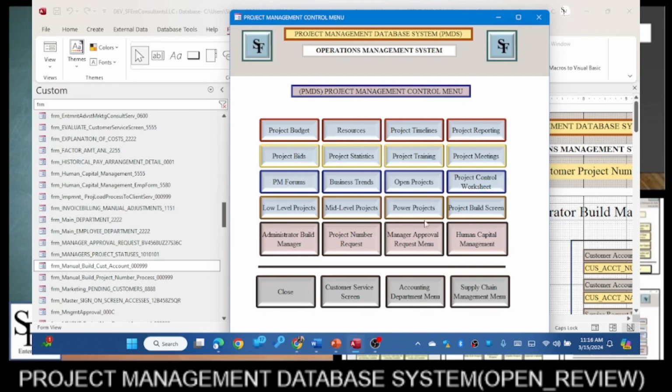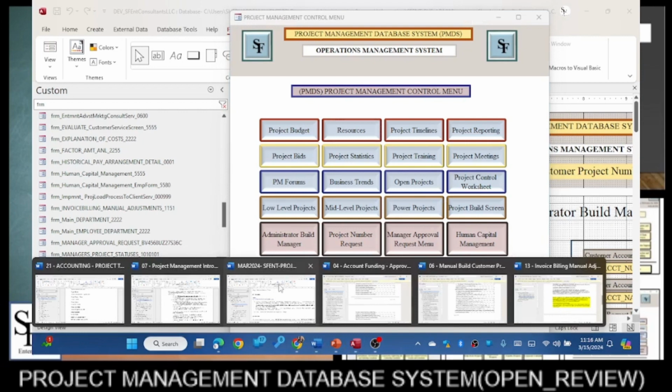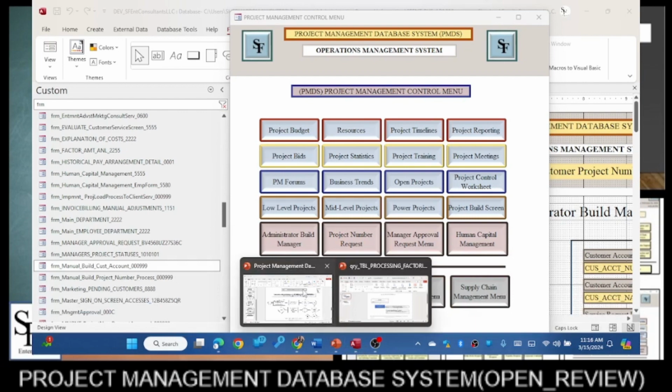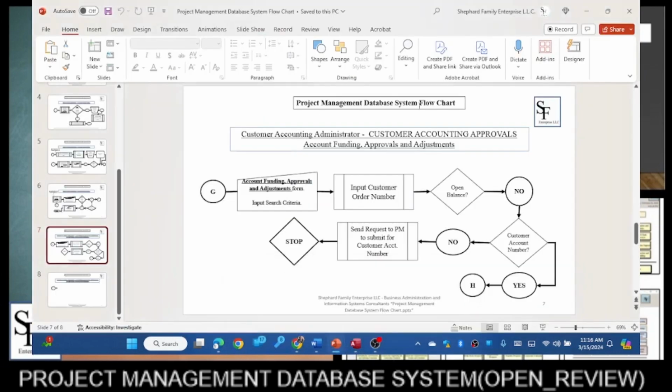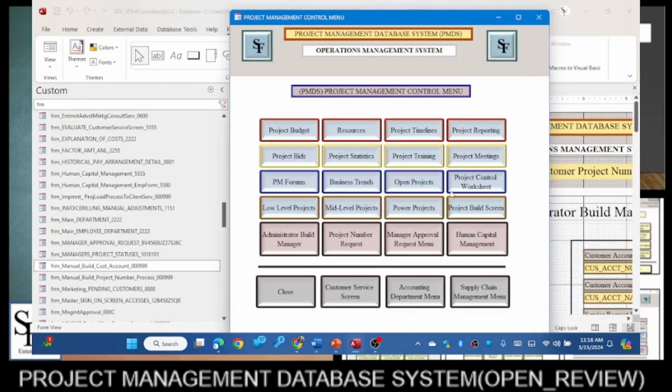So first things first, we need to create a functional PowerPoint flow, which I started here, to figure out exactly when we will start on a project and the process of getting it worked. We need this done. We need this database system flowchart done. And then from that, which should be in my document here,